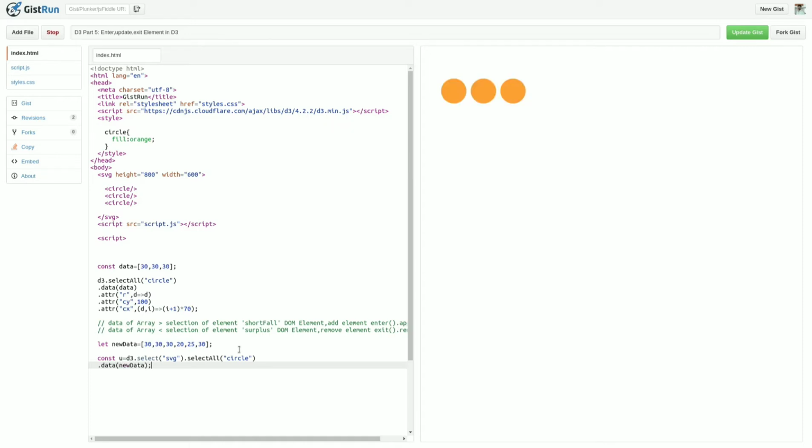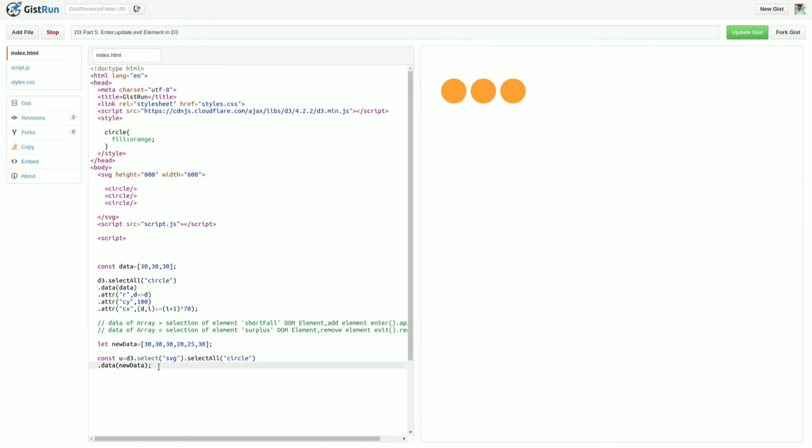What we have done here is just joined the array of data with the available elements, that is the circles, using the new data we have created. Here you can see that your already available circles are fewer than the array of data you have provided. This is situation 1, called the shortfall of DOM elements, so in this case we need to append elements.